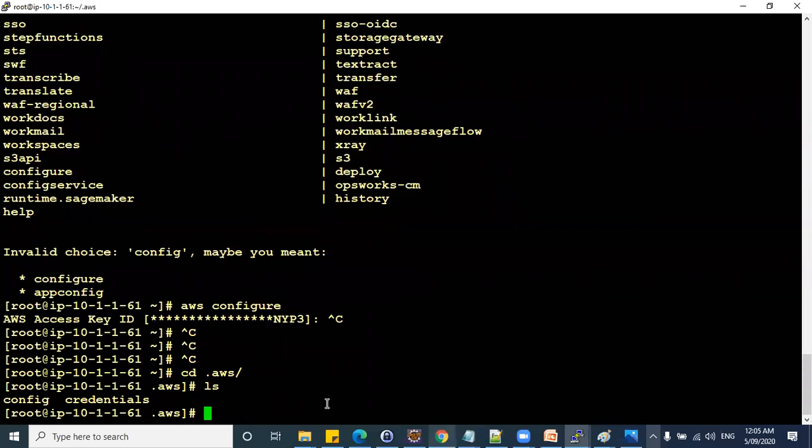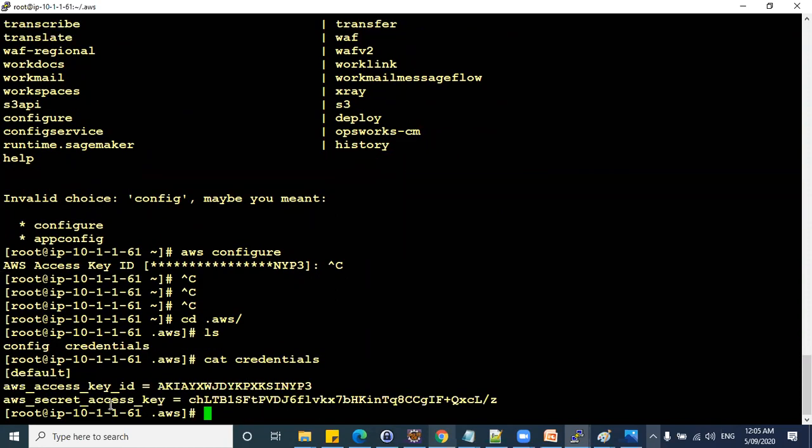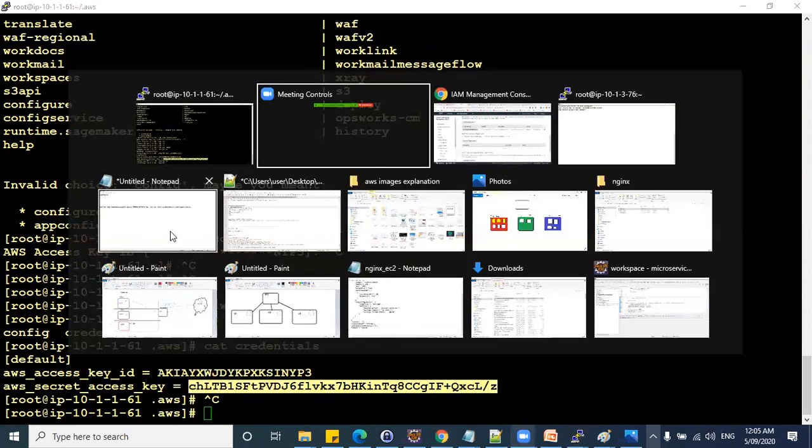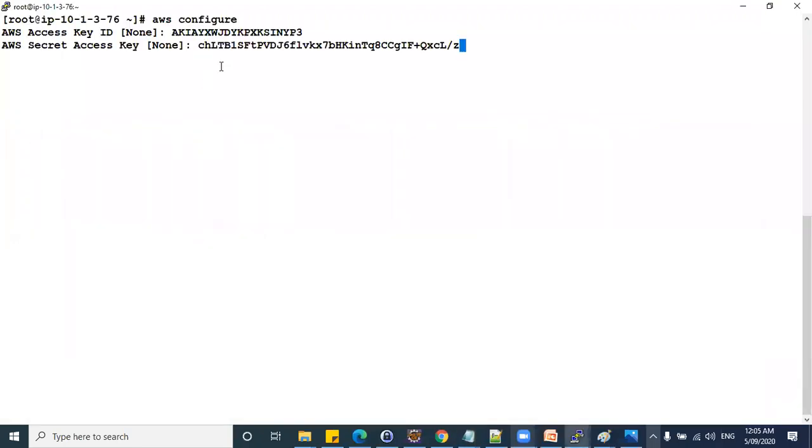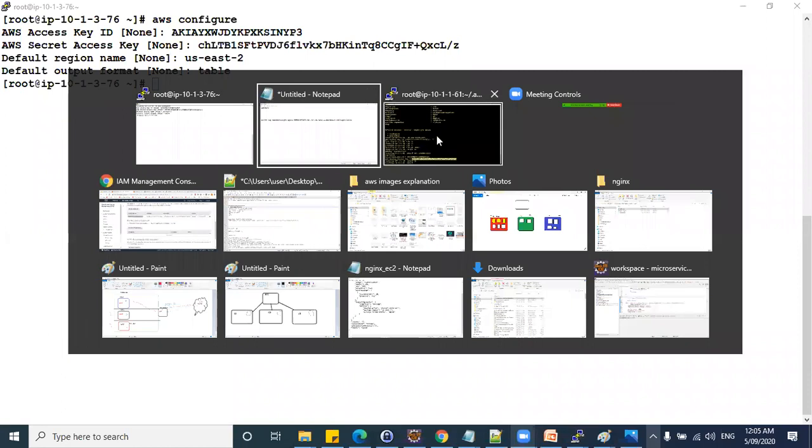It will be under credentials. Cat credentials. So these are your secret keys. This we will paste in this machine, with region us-east-2. So if you want to pull inside this one,